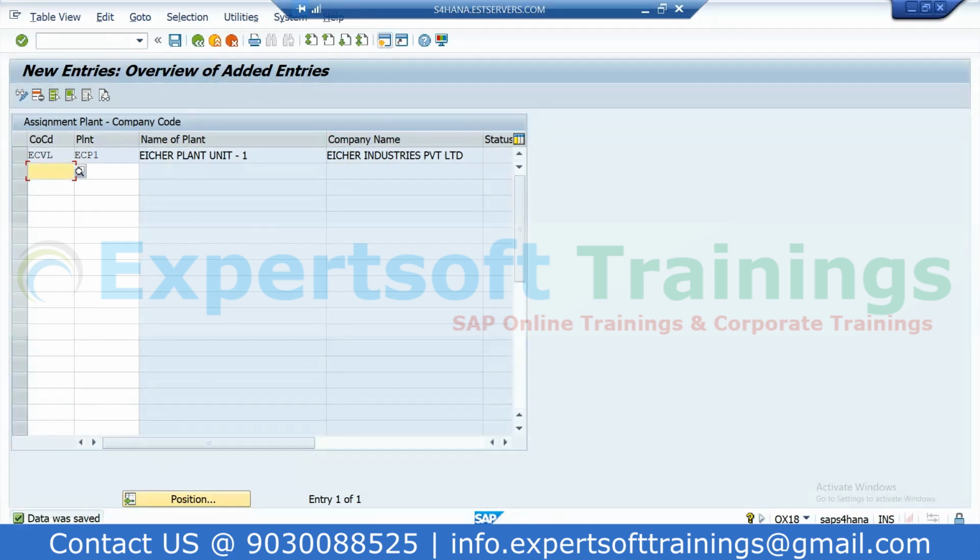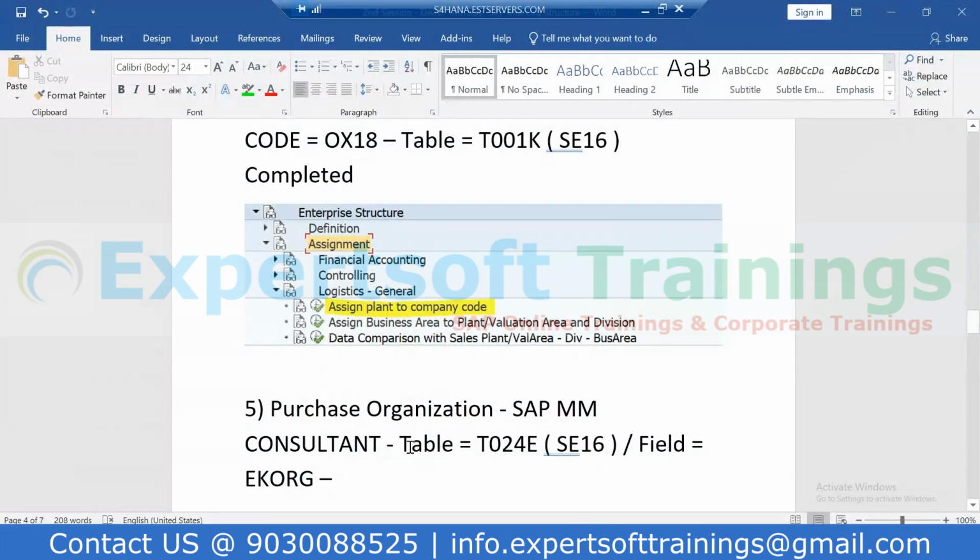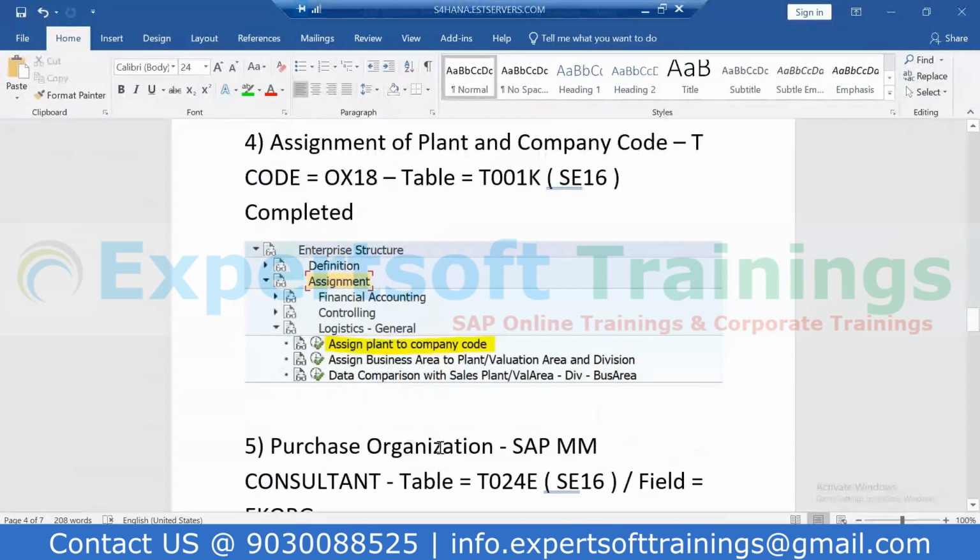Now you understood how to link, right? Yes. Any idea why there is a need to assign a plant to the company code? Why do we do it? Any activities pertaining to that plant could be accounted to that particular company code, because all the GL accounts will be accounted based on the company code. Yes, correct. Whatever the financial activities are happening, whatever.